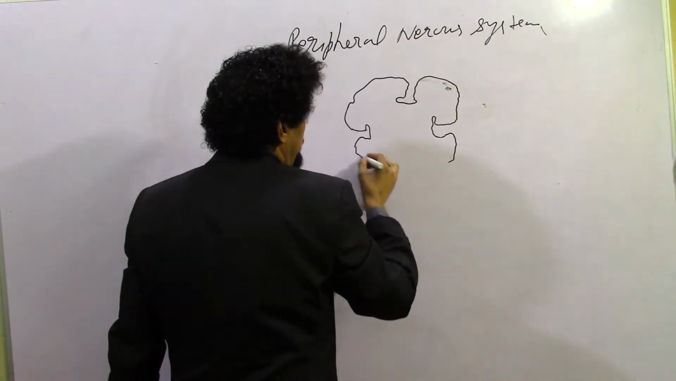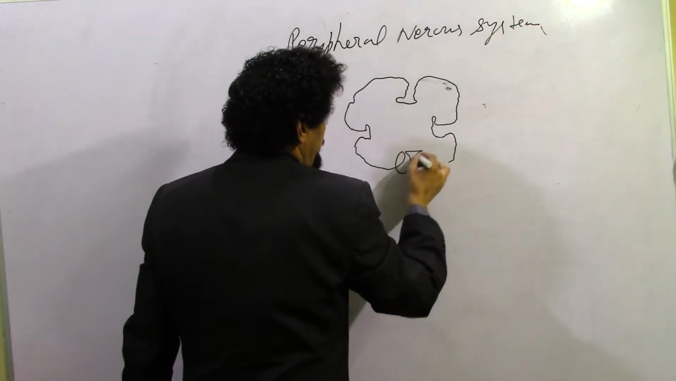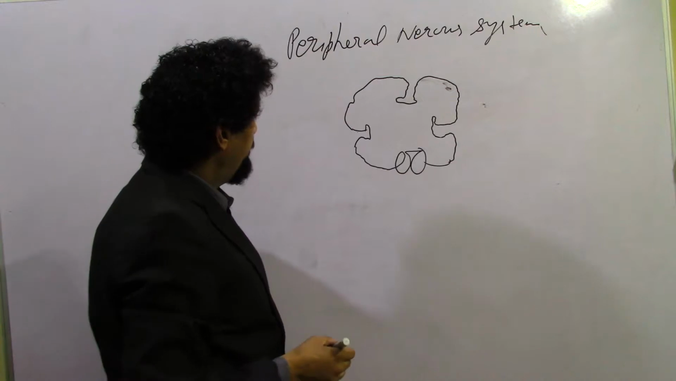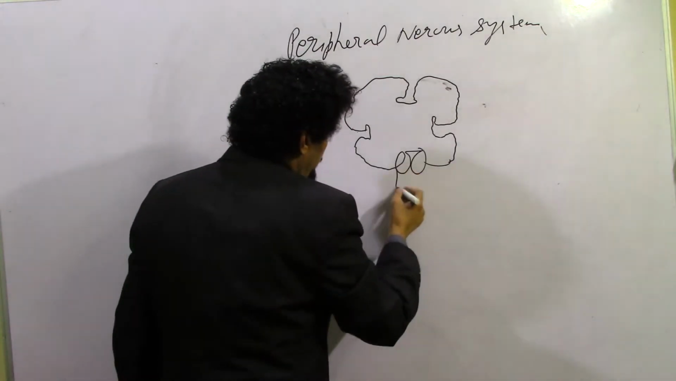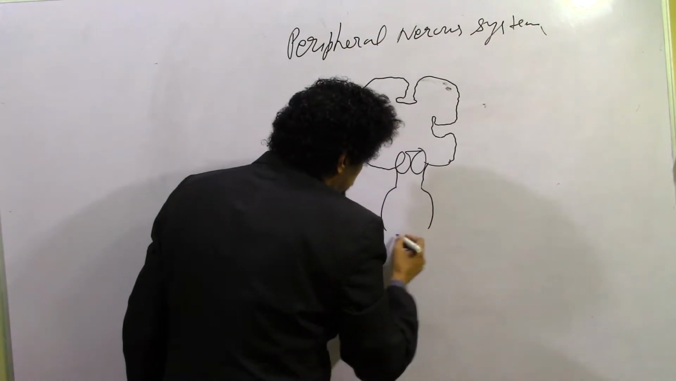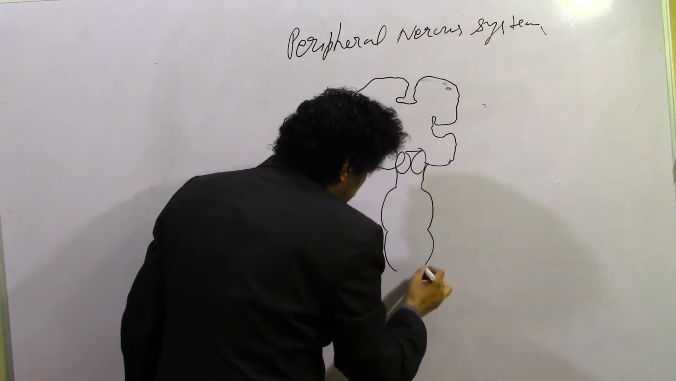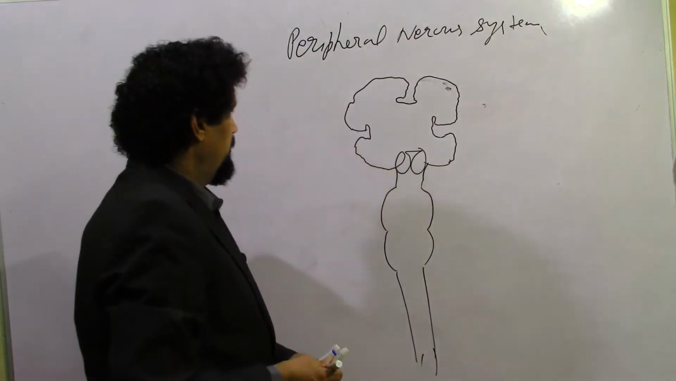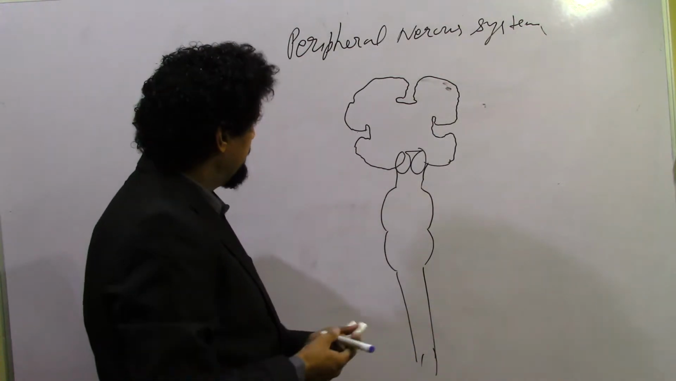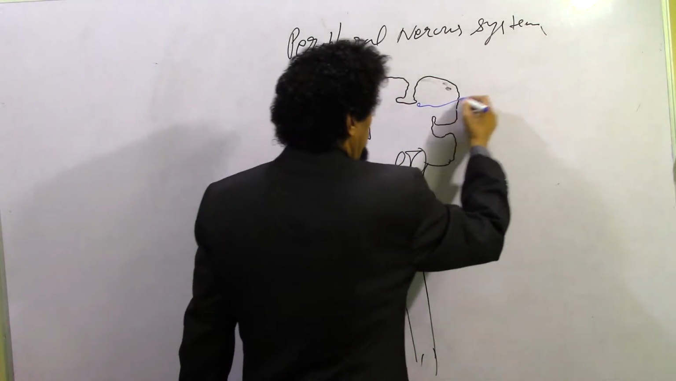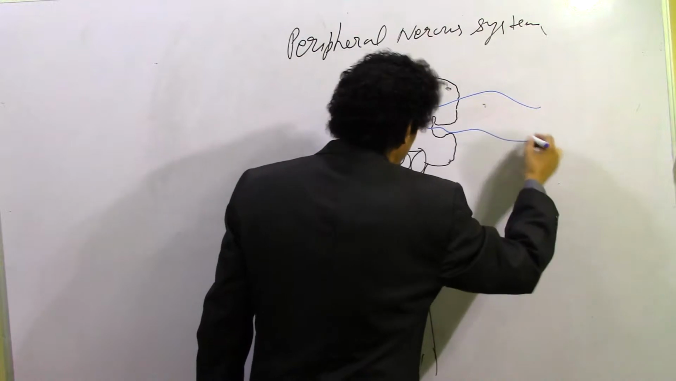This is the cerebrum, here are the two big thalami, midbrain, pons, medulla and the spinal cord. So this is the basic arrangement of the parts of the central nervous system, and there are some nerves,